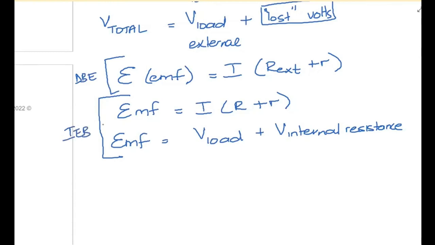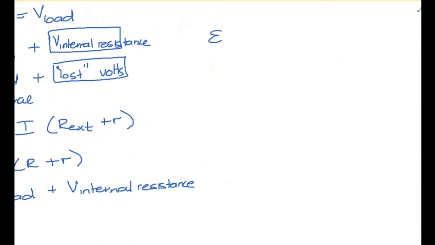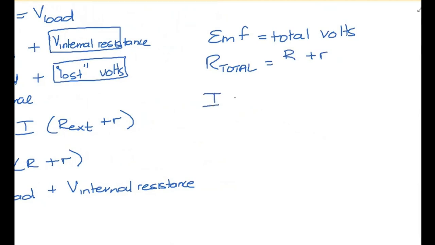And I know it looks like someone's introducing a whole new formula. So I really just, especially for those of you that are new and have never seen this, I just want to quickly show you. Remember, EMF is total volts. I need you to remember that. In my circuit now, my total resistance, remember we said, is what's on the outside and what's on the inside. So let's go and look at Ohm's law. What does Ohm's law tell me? Ohm's law tells me that I is V over R. So if I now look at my total current, which is my series current, which is what is going through both the inside and the outside,